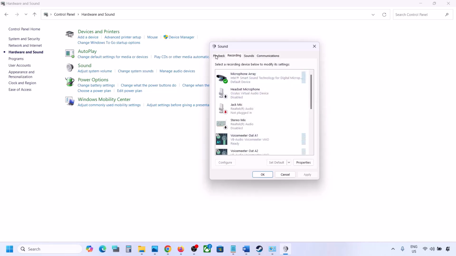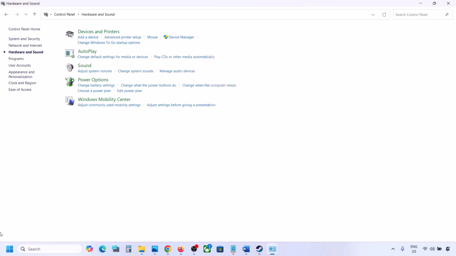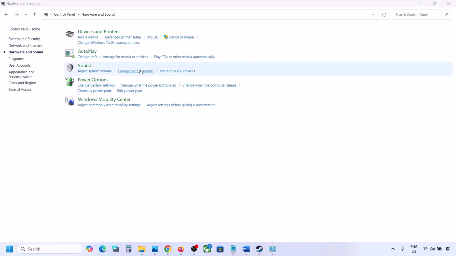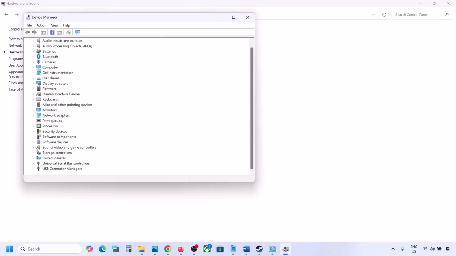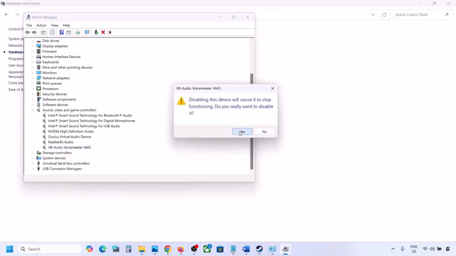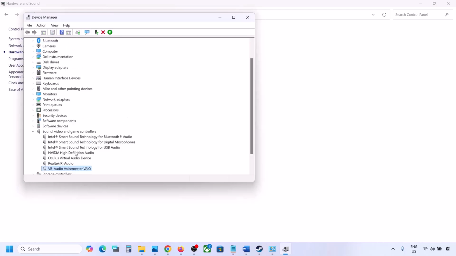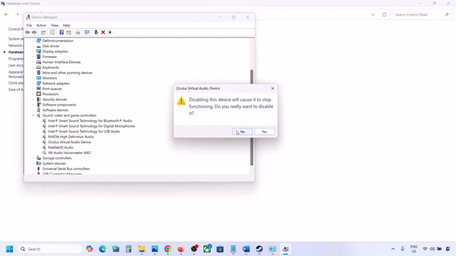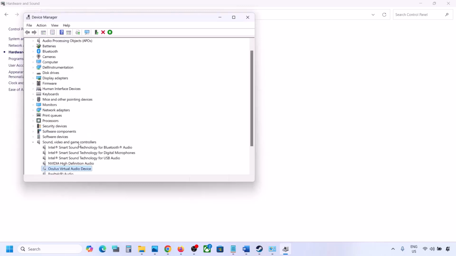So disable, and then you can do the same thing in device manager. Make a right click on the start menu and then go to device manager and then expand sound, video and game controllers. I'm using this Realtek, and the rest I'm not using, so I will just make a right click and disable it. You can always enable it whenever you want. Simply make a right click and enable it. So I'm not using this Oculus, I will disable it. Disable. If you have this NVIDIA which you're not using, you can disable it,